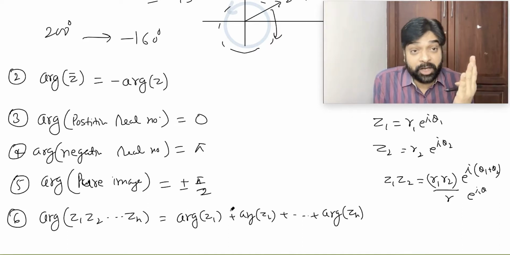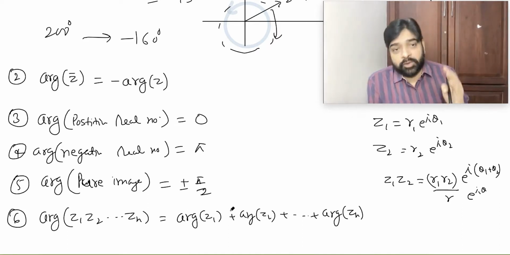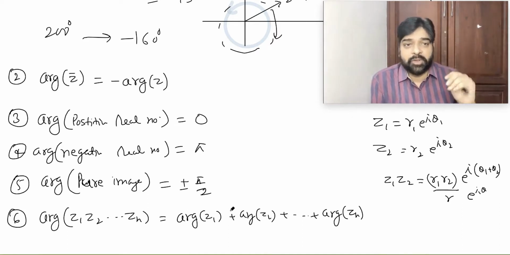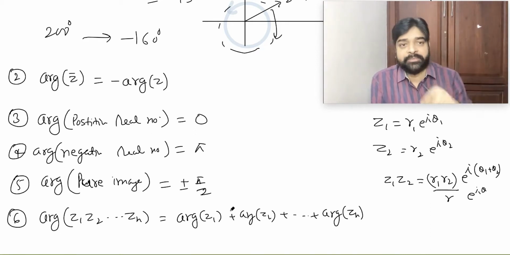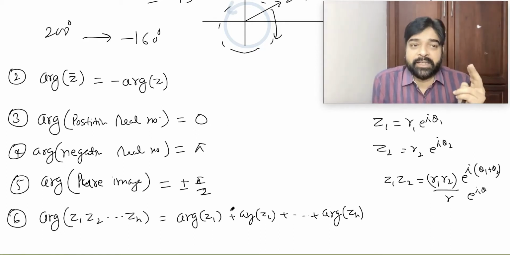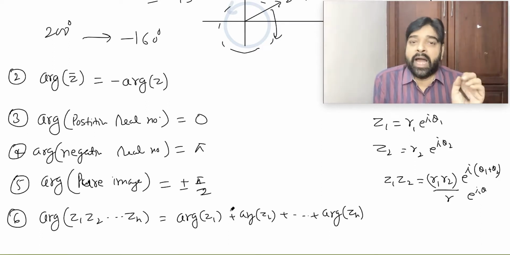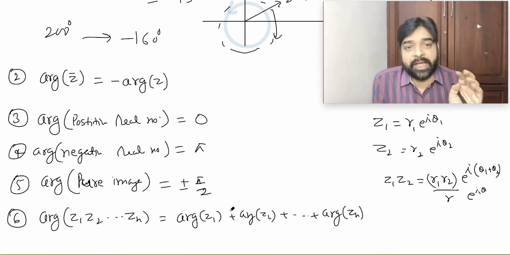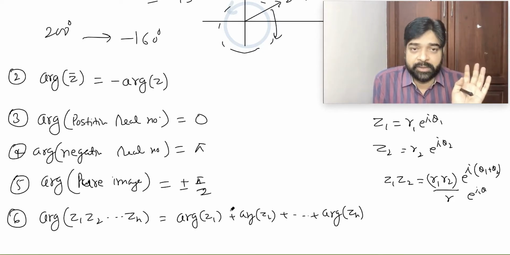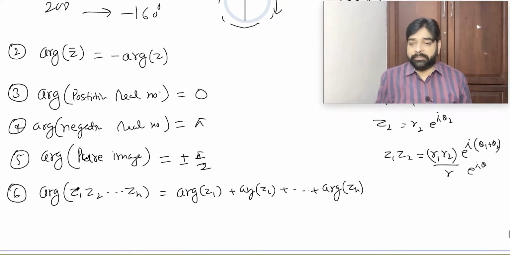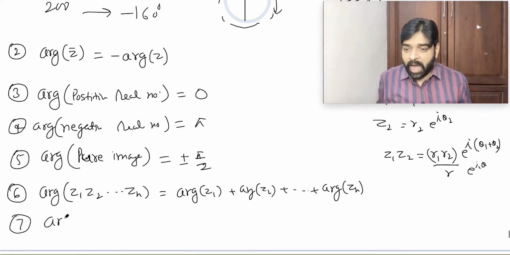If you are multiplying three complex numbers Z1, Z2, Z3, the argument can become huge. No problem, you can bring it back downward by 360 degrees multiple times. You cannot bring it back by 180 degrees or 100 degrees. You are allowed to bring it back only by 360 degrees, either positive or negative. That means you are allowed to add or subtract any integer multiple of 360 in any argument. Is it clear?